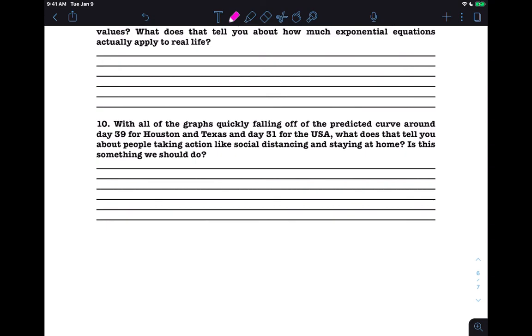If you notice, every single one of the graphs had some kind of deviation from the predicted curve. So what I want you to do is to tell me what that predicted curve versus what happened after we took action tells us about social distancing, staying at home, and if that is something that we should continue to do or something that we should always do anytime something like